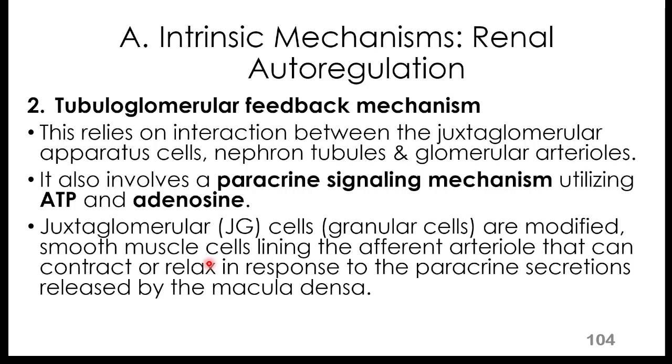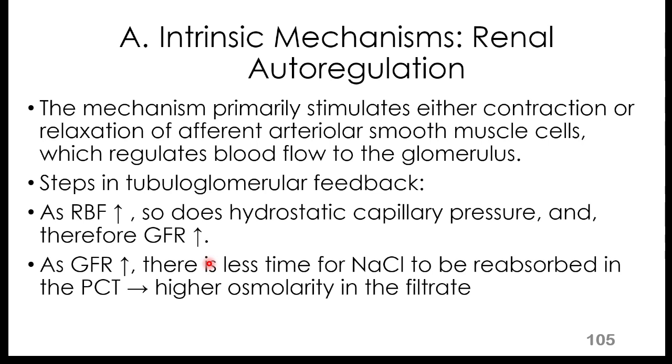Now, remember that we said earlier that juxtaglomerular cells, also called granular cells, are modified smooth muscle cells within the afferent arteriole, and they can contract or relax. That is what muscles do, right? They contract or relax in response to signals that they get from the macula densa cells. All right, so these mechanisms will cause either contraction or relaxation of the afferent arteriolar smooth muscle cells,